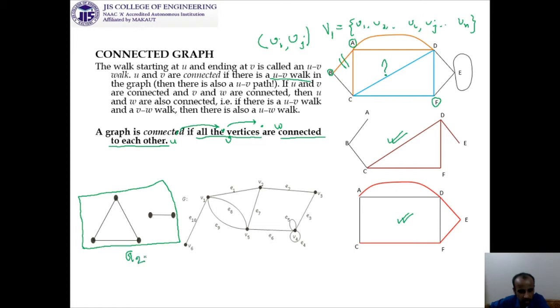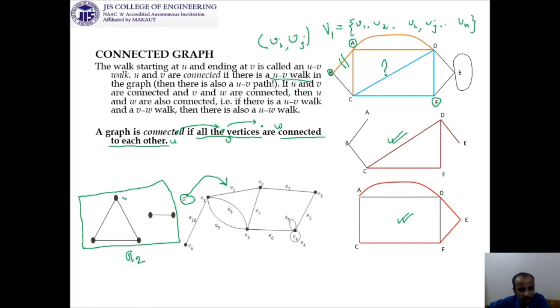Suppose this is your G2 and this is your graph G. This one is your G, and this is for G because this one is considered as G, and look at this is the whole graph starting from V1, then V2, V3, V4, V5, V6, and here you are getting another graph G2.